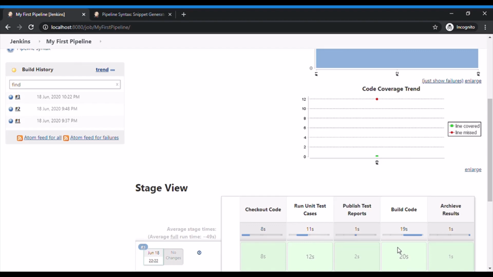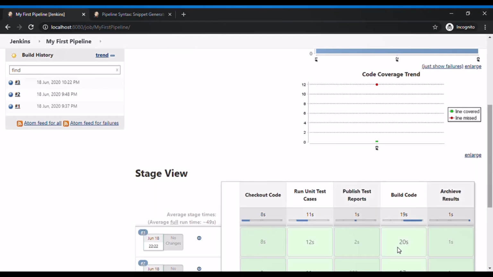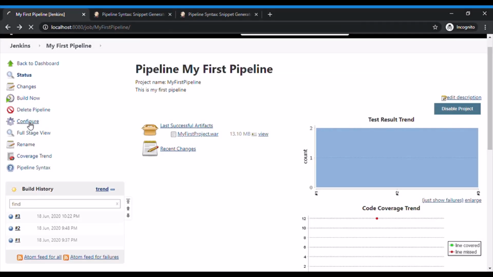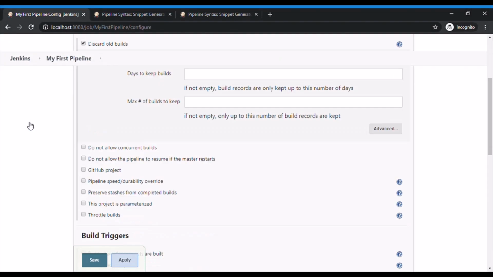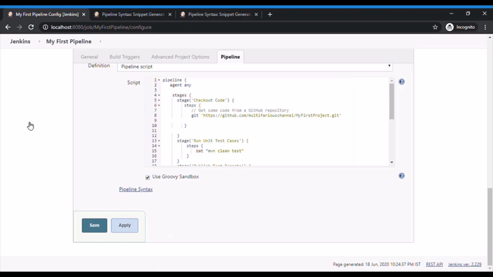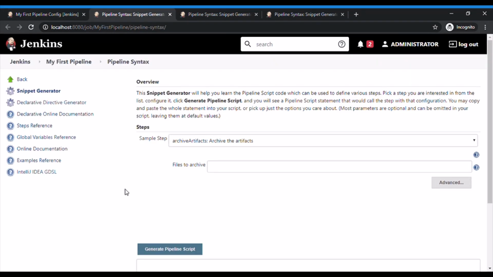So if you are new to pipeline creation, you might want to start by creating simple Groovy scripts. So for help, you can use the script generator provided by Jenkins. So let me show you an example for this. So just go to configure. Just click the pipeline syntax at the bottom of the page.